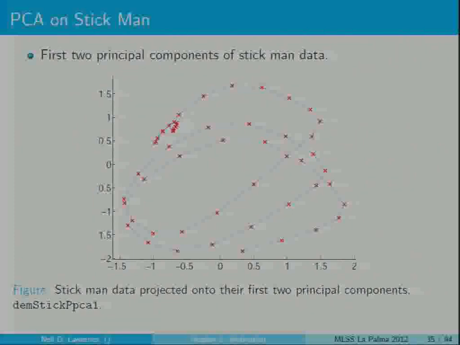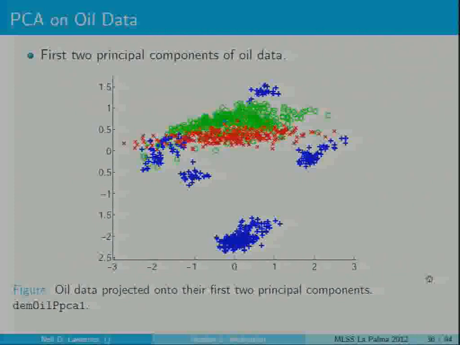I'll show you this data set in the next session as well. I probably should have shown you this one, but I forgot to do that. So here's that oil data. The model doesn't know the different flow regimes, but this is the homogeneous flow regime, the blue. And one of these is annular, and one of these is